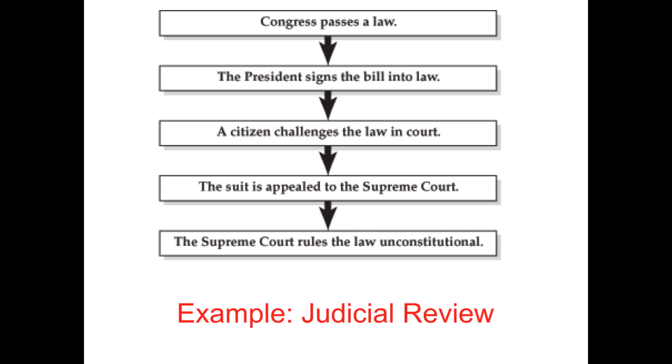So let's look at another example of judicial review. Congress passes a law. The president signs the bill into law. So right now you have two branches that agree on the law. Now the president may not like some nuances in the law, but the president can perhaps mitigate some of those concerns by telling the executive agencies to put it into practice in this way. But a citizen in California doesn't like the law, so they file a suit in the federal courts.